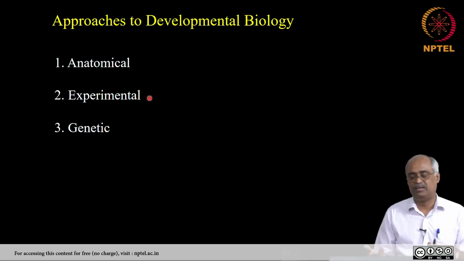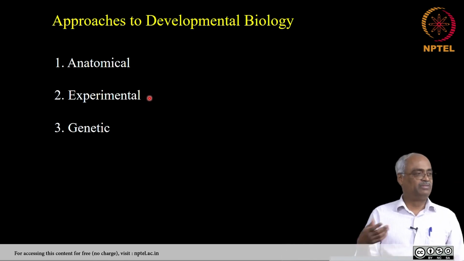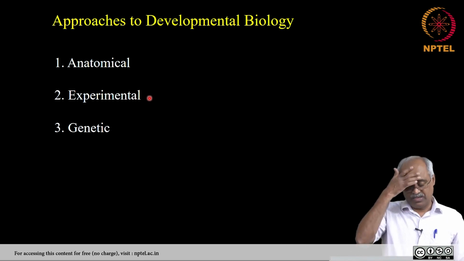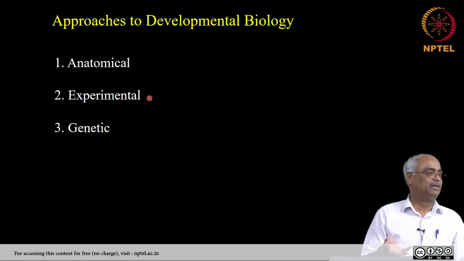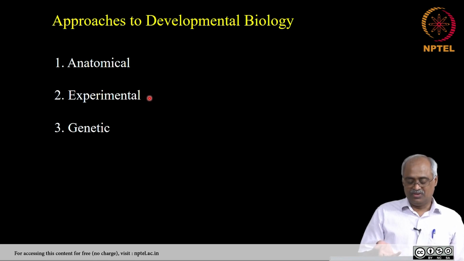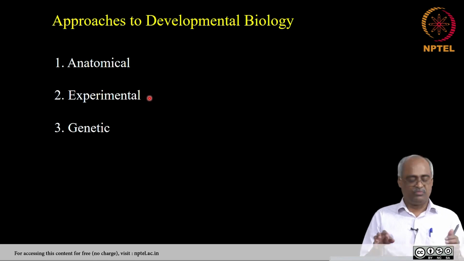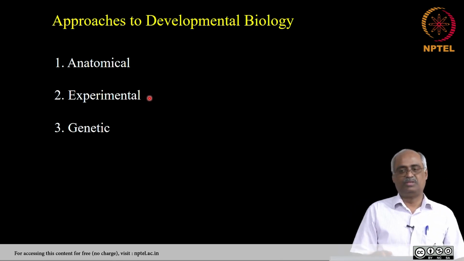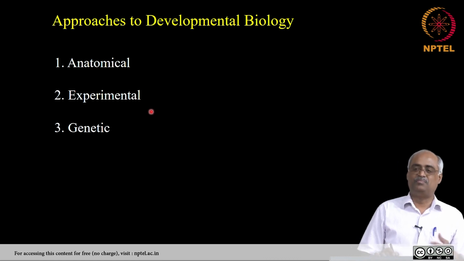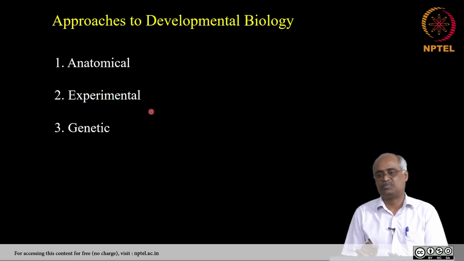People did not appreciate the power of genetics to learn biology very early on. You will be surprised to know much of the genetic approaches to learning development started in the mid 80s and was really at its peak during the early 90s. Okay. So in a sense it is historical. So there are a whole lot of experimentations that were done before introducing genetic approaches, and that is why for convenience we consider them as two separate approaches here, experimental and genetic. So in a practical definition, experimental approach means the approaches that did not involve genetic experiments.